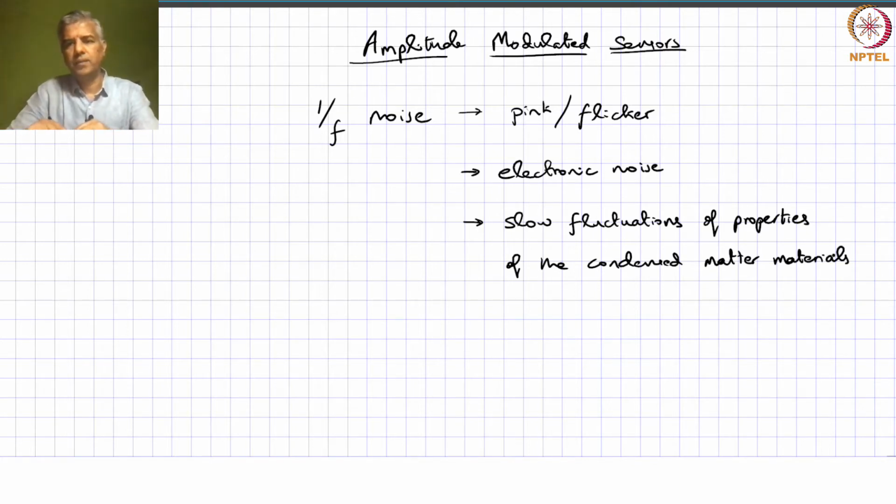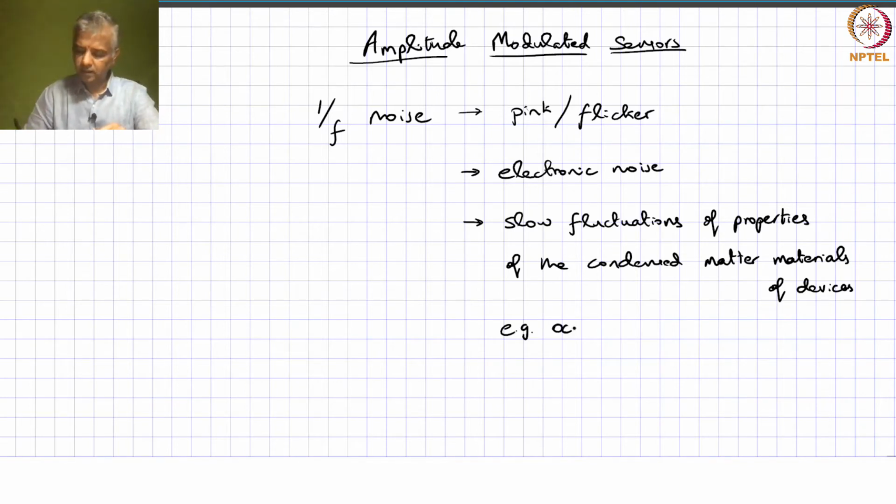That is, in the condensed matter materials of the electronic devices that we use. So, for example, it could correspond to fluctuations in the occupancy of traps in semiconductors,